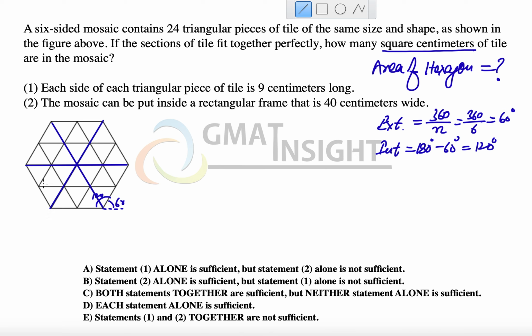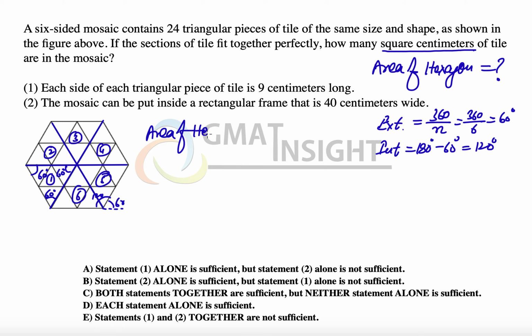Now, if we see these triangles, that means the triangle represented by the blue lines, you should understand that this angle is half of the interior angle, which is 60 degrees. This angle is also half of the interior angle, which is 60 degrees. Therefore, this angle is also equal to 60 degrees. And we have 6 such triangles available in this six-sided figure, 4, 5 and 6,